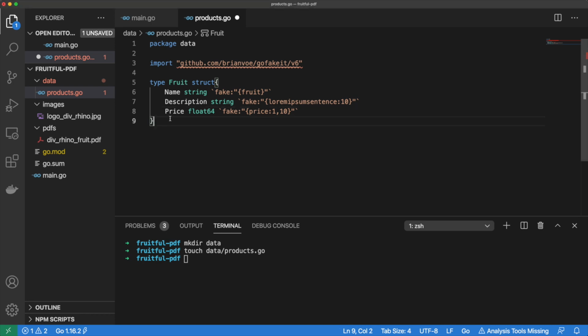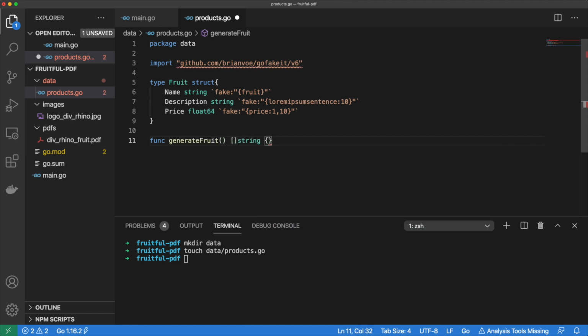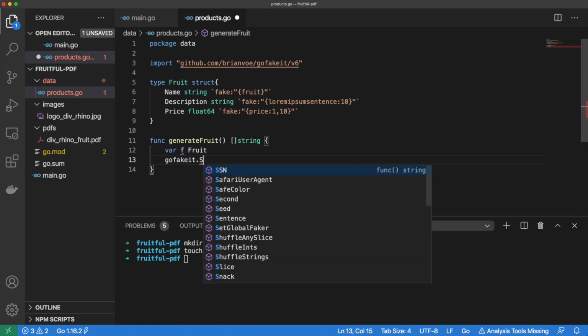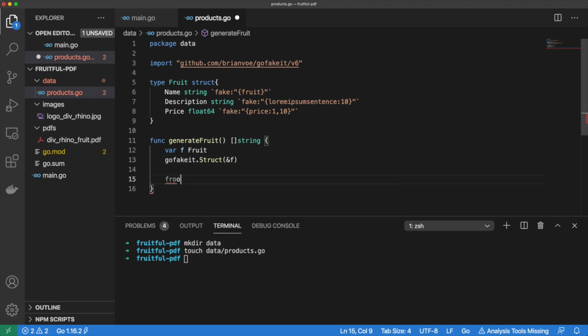Now we can move on to generating random fruit. To achieve this, we can create a generate fruit function that returns a slice of string. Inside the body of the generate fruit function, let's create a variable named f that will be of type fruit. We can then pass f as a pointer to the GoFakeIt struct method. Then we will create a variable called fruit with 2 O's. This will be of type slice of string.